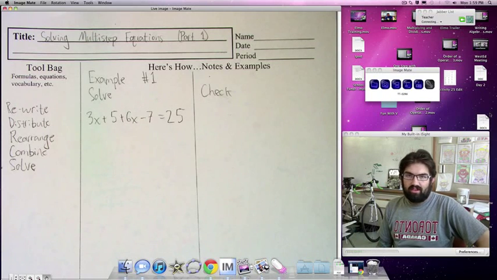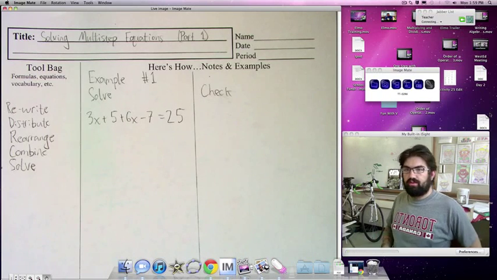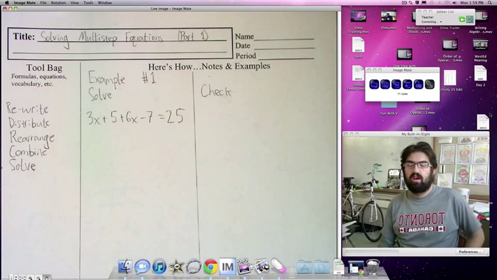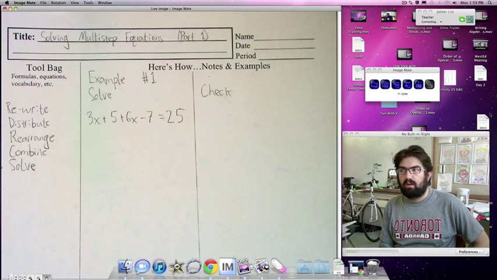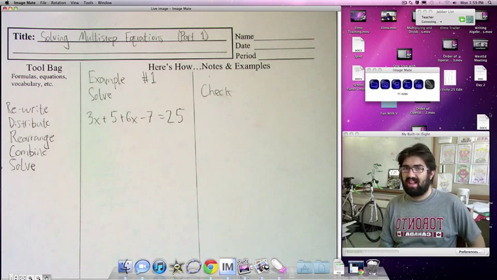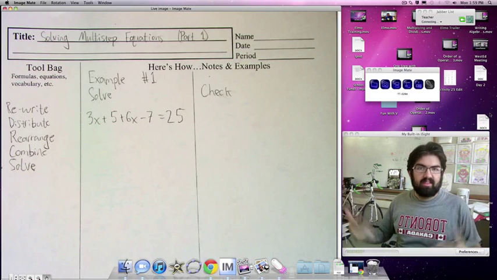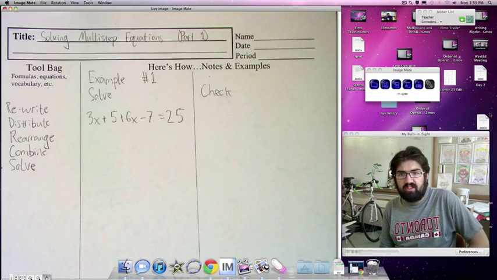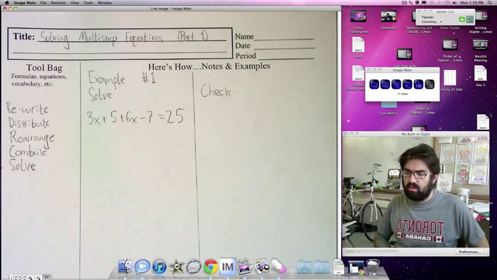Hi, this video is going to be the first part of 2 or 3 videos, I think it's 2, on solving multi-step equations. We've learned some really great methods. Combining like terms, the 3 videos on that is coming together for this. This is bringing all of that together. And also the properties that we used, we're going to be using that just like we were in the other